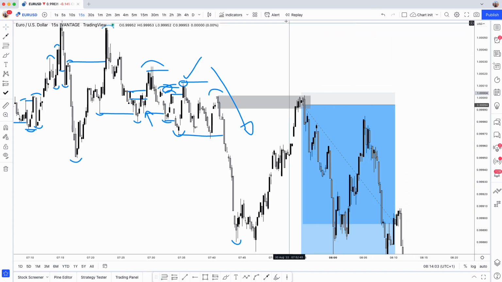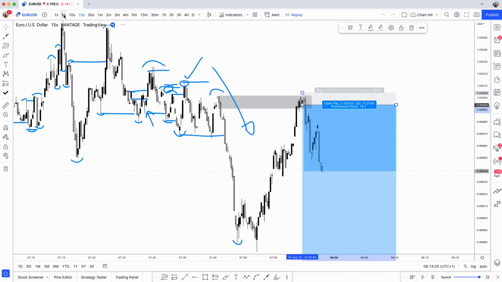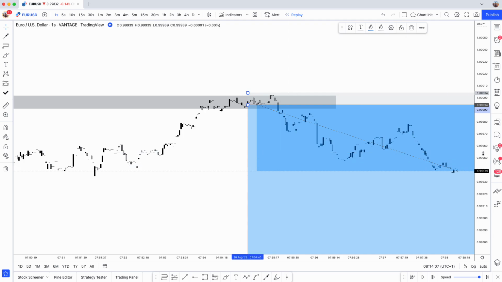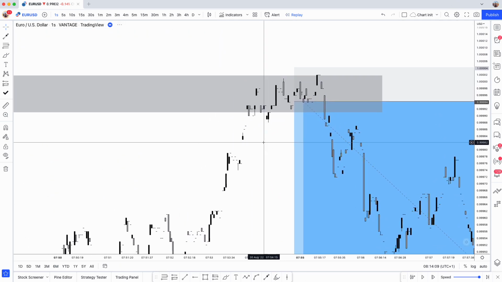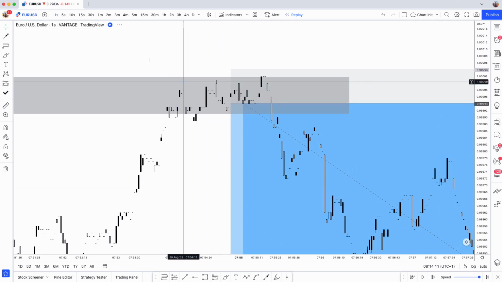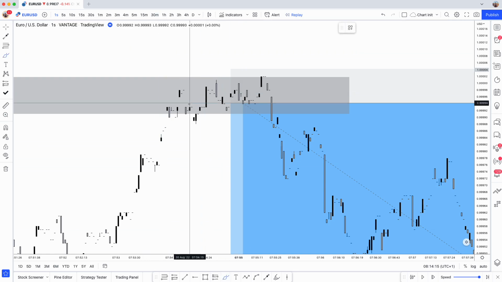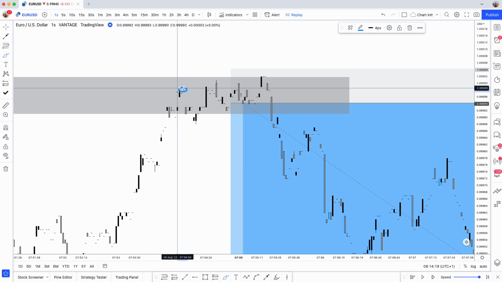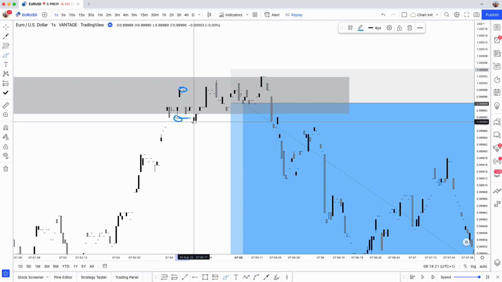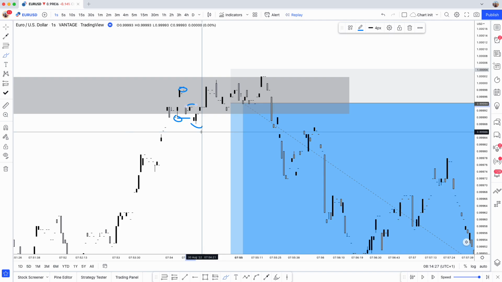This one was a little bit odd. I hope it hasn't changed now, because it shouldn't. There we go. Okay, so once price comes into it, I went straight to the 1 second. That's just the way I'm going to do it. So we have the range high, range low, and this is the first break. The first break has come from here, and again we're not going to enter off here. We need to wait for a disruption, which happens straight after.